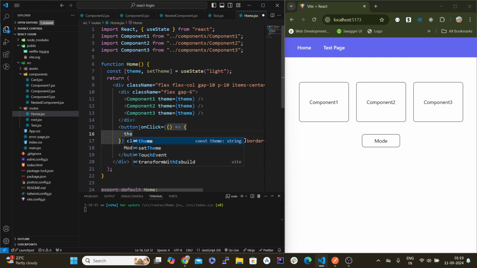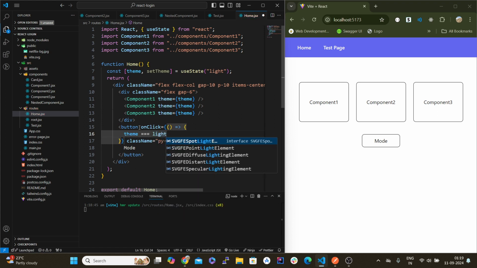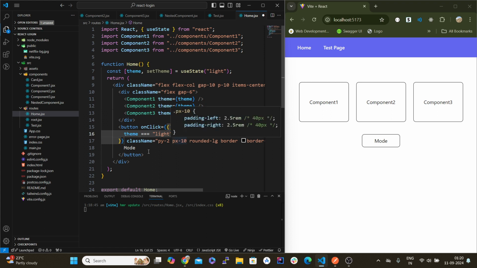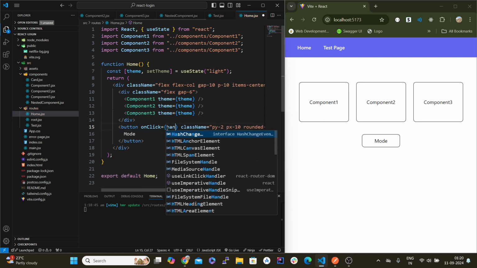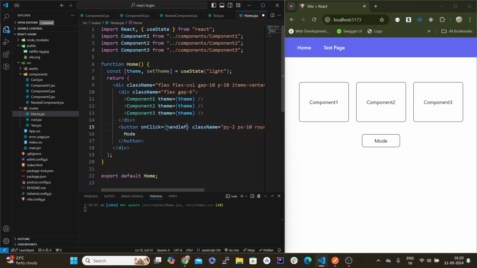If theme equaled light, theme equal to light, or we can do it like this. We can reference a function here, handleClick, or we can say handleModeToggle,